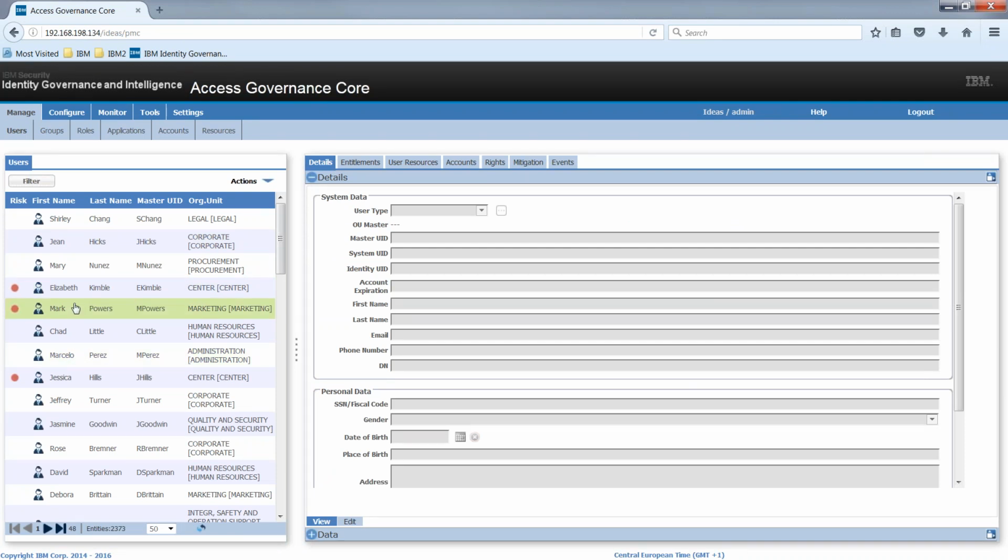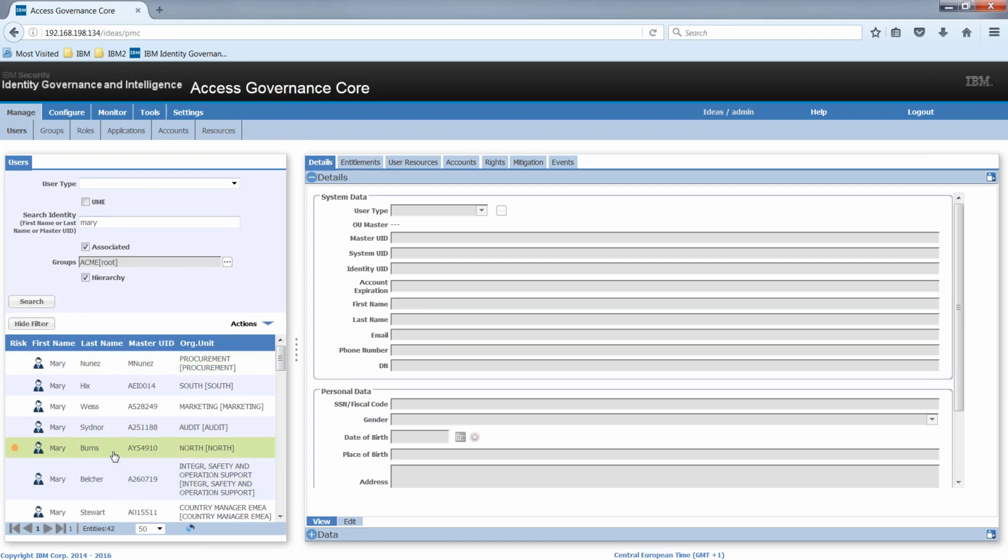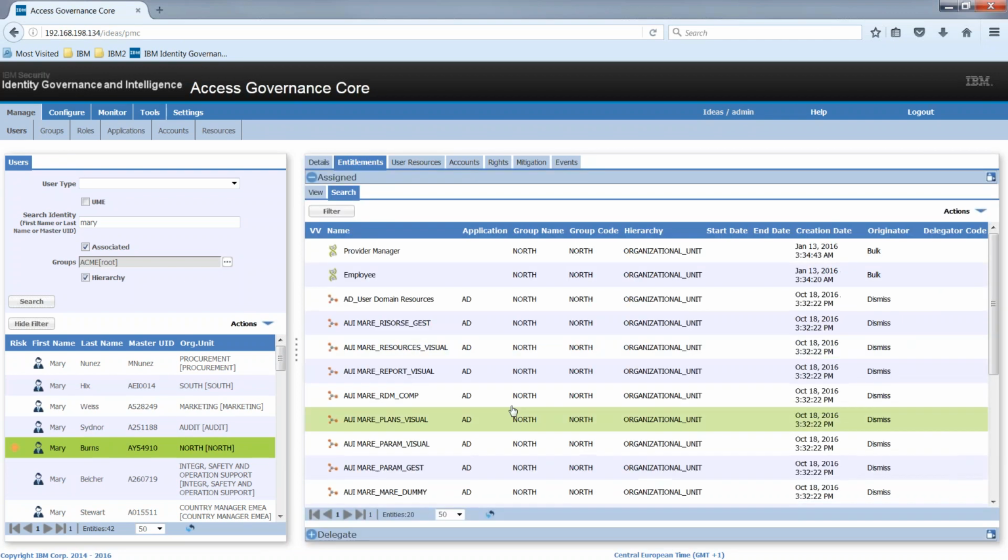Okay, and then I'm going to create role modeling, and I will show how creating a new role actually reduces the view accordingly for permissions. It'll roll a whole series of permissions into a singular role for us. So let me find Mary. This is the example that I had kind of looked at previously. If I look at her entitlements,